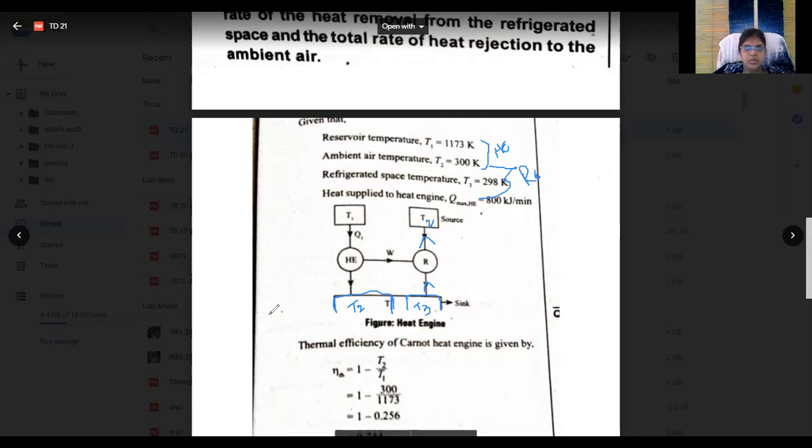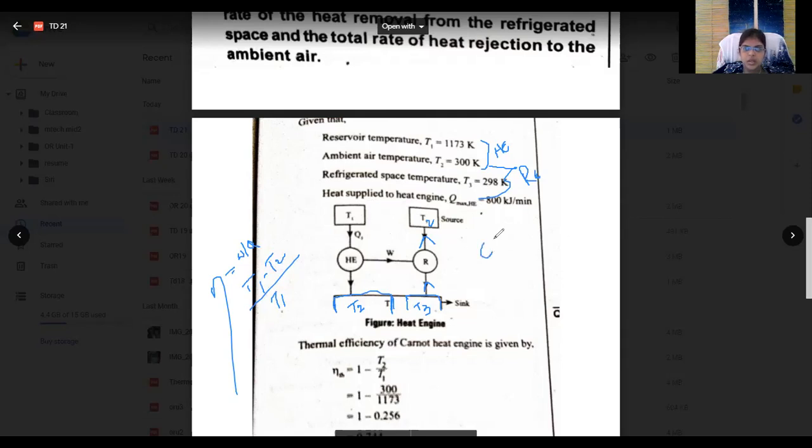Based upon this, we put it like that, and right now our answer is correct. So the thermal efficiency is nothing but work done by heat supplied. Here our work done is heat supplied minus heat rejected, but in the form of temperatures it is T1 minus T2, divided by the heat supplied, which is T1. So that is for thermal efficiency. By taking this, we calculate the efficiency of the heat engine.